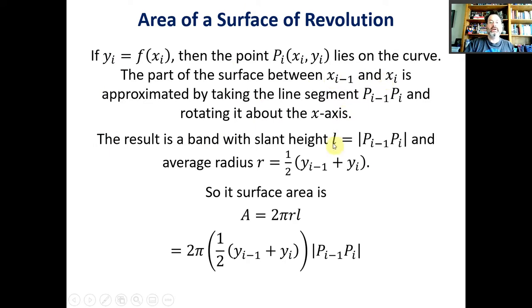The slant height L is exactly the distance formula for the little band, and we know the average radius, and we already know the surface area. We've already computed this. So all we do is we take this surface area and plug in this formula for R. And plug in this for L, which we already did, right? So here, this becomes this, R becomes this,